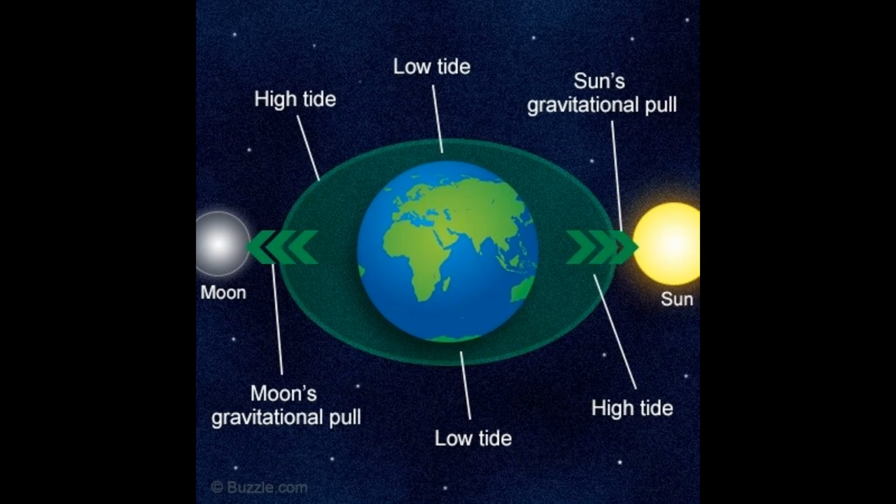The pull of the moon's gravity affects the water of the oceans and causes tides. So if you guessed the moon, you were partially right. It's the moon's gravity, though. High and low tides are caused by the phases of the moon. The moon's gravitational pull tugs on the water in the ocean, creating high and low tides. The moon has an effect on us even when we can't see it.